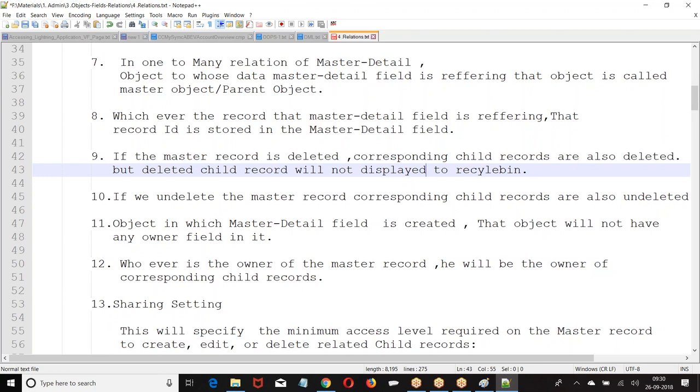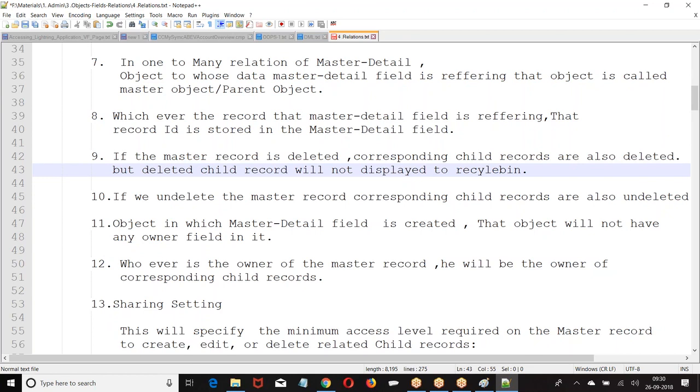The record is still in the object only. Even when you delete, the record is still in the object only.